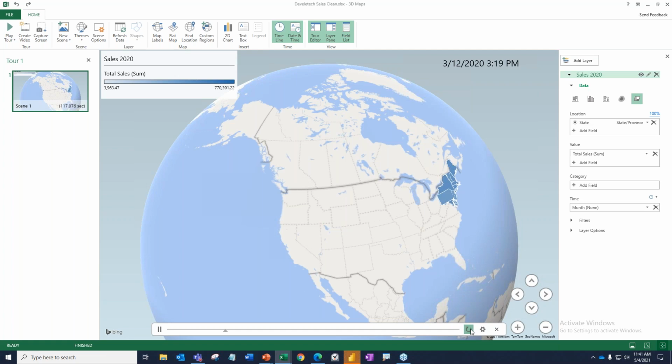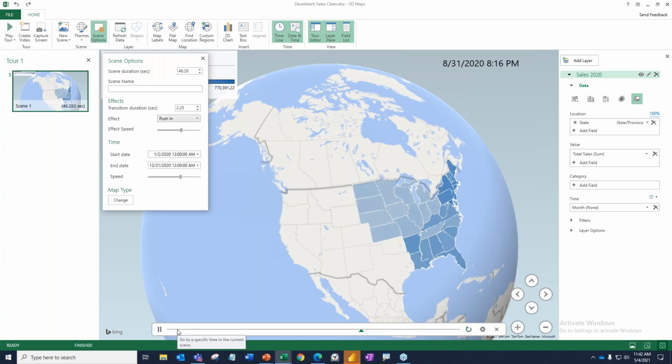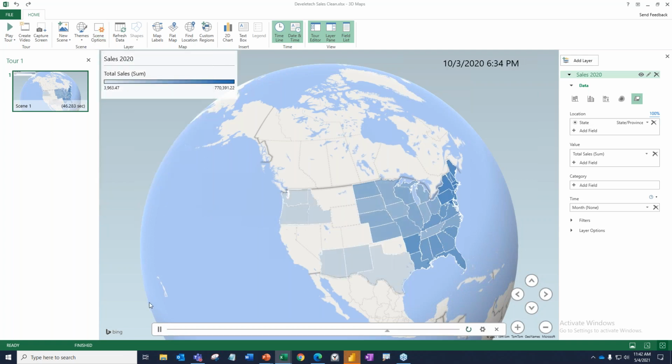And again, that's the gear. And you can either speed it up or slow it down. So once you get the right speed, I won't waste your time getting it perfect, but I would get it perfect. Just so you know,